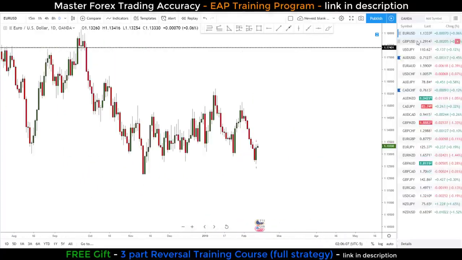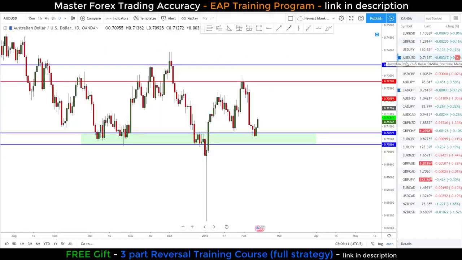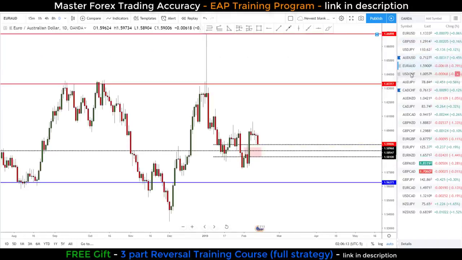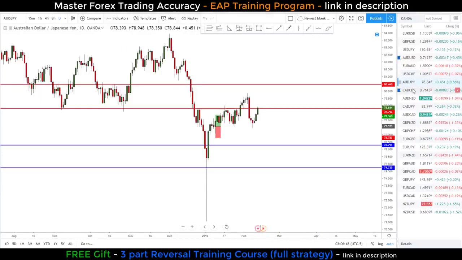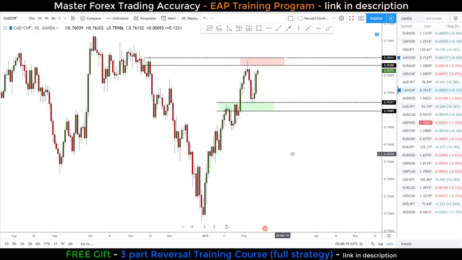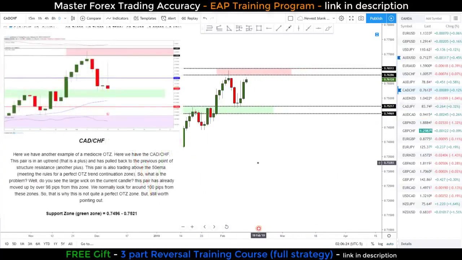We've been staring at the Euro Dollar long enough. Let's go to a different chart now. Let's check out something good for trend continuation, which isn't a lot here lately in the Forex market, unfortunately. Right here we go. Canada Swiss. This is a pair we actually had a really nice trend continuation play on